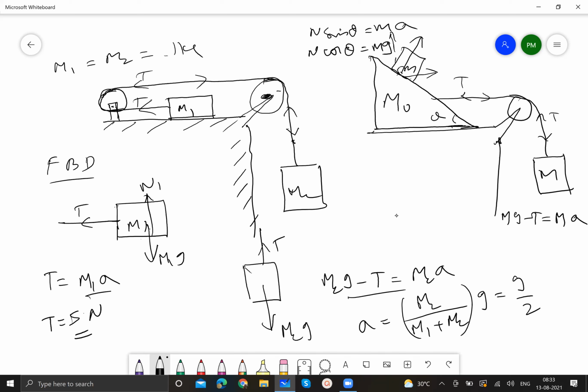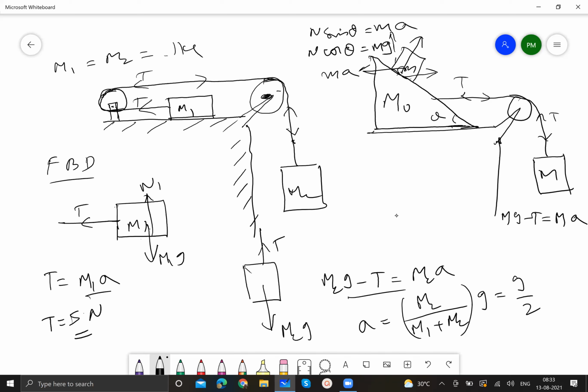Because if it is pulled towards the right, because of this wedge, it experiences a pseudo force. That pseudo force will give it an acceleration a. So N sine theta will be equal to ma, and N cos theta will be equal to mg for this block. And coming to the wedge,